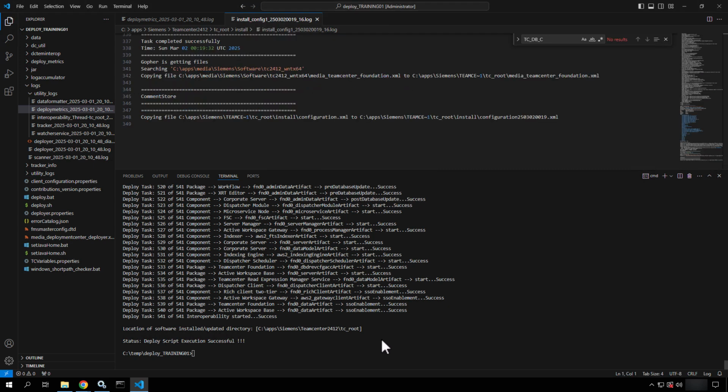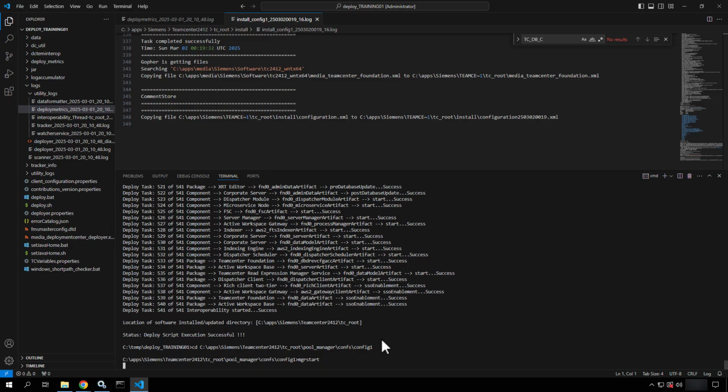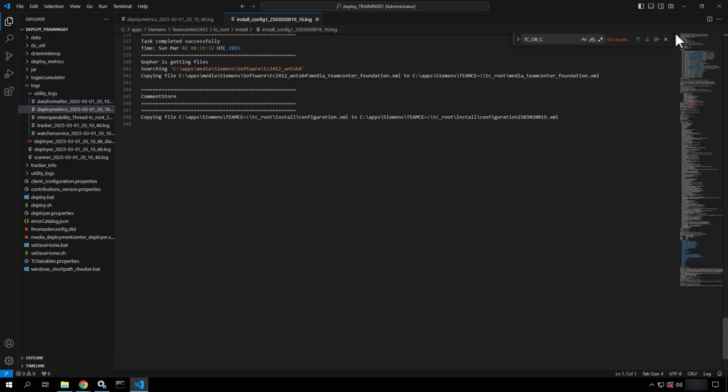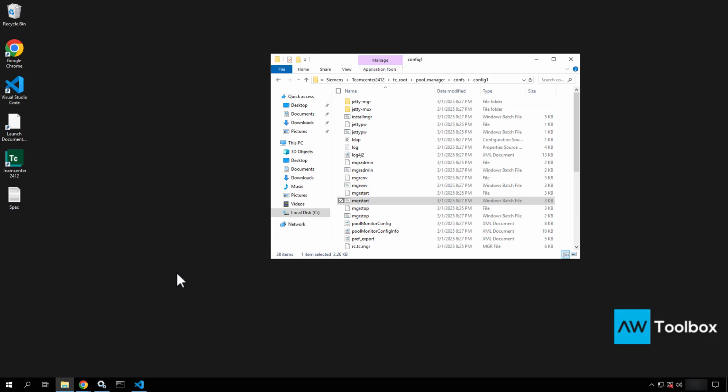I'm going to cd to that directory, and then in there I'm going to say mgr start and execute it. And notice it's yelling because there is an environment variable, the FOSS repository, that is not installed. So I'm going to exit out of this for the time being, and let's try that again in our command